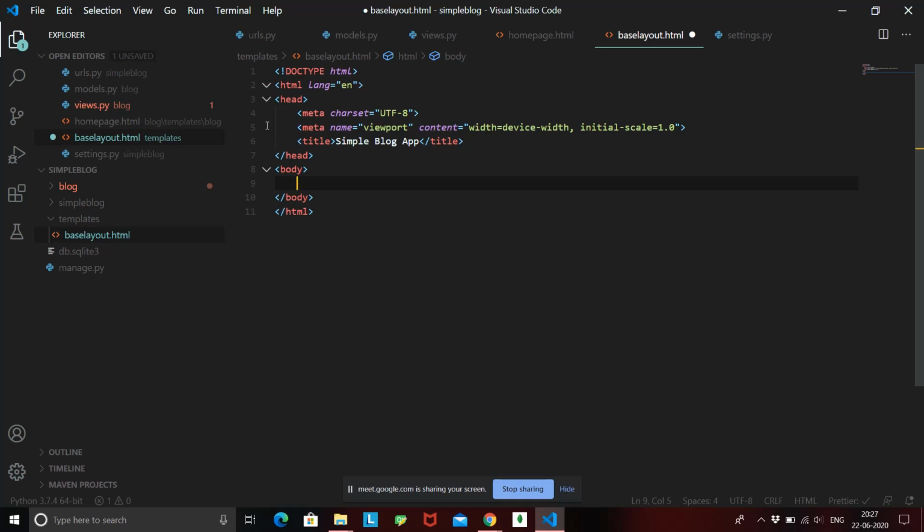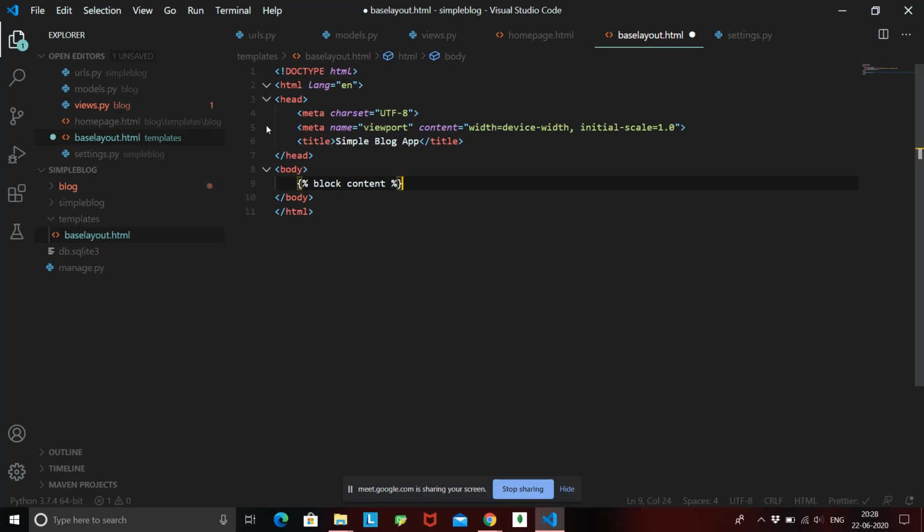We have seen placeholders inside a Python course, right? So now how can I create a placeholder for this body? We can again use the same syntax, and I can write here block content.